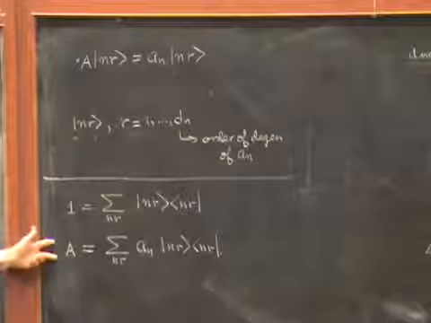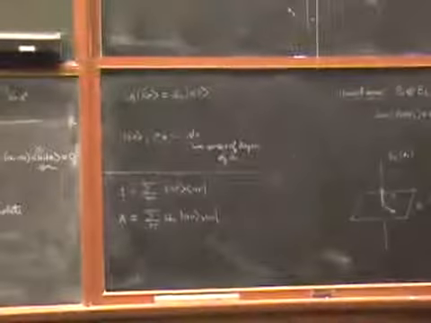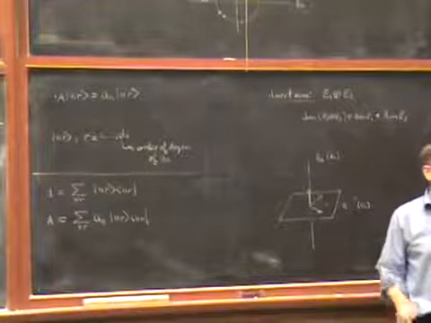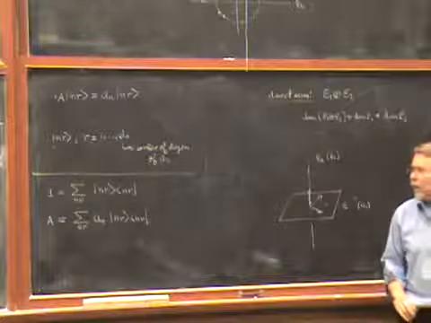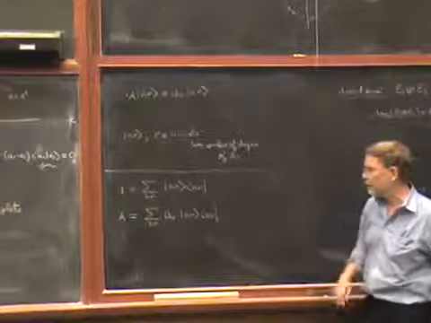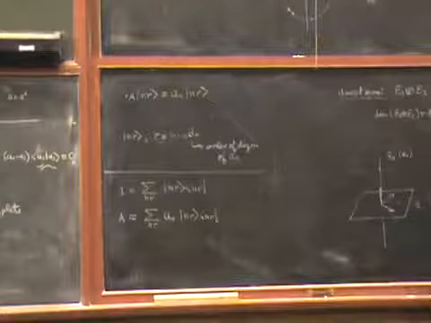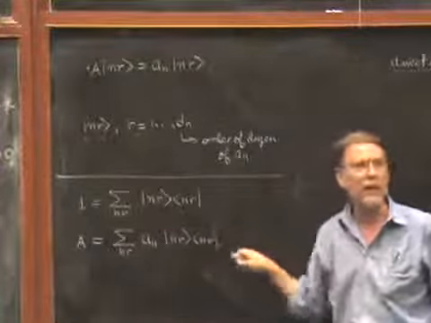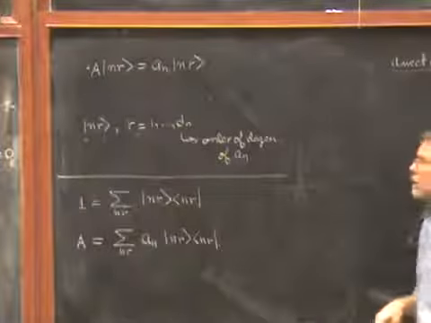Well, you see, if you have an operator and you know what it does to a set of basis vectors, then you know what it does to any vector because of linear superposition. So the way you prove that these two sides are equal is you allow them to act on a set of basis vectors. Well, what basis vectors should you choose? Well, the obvious answer is these basis vectors. You put those in there, and you can easily check that both sides give you the same answer.